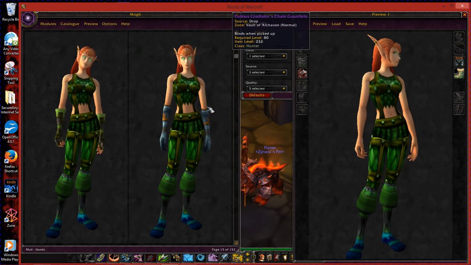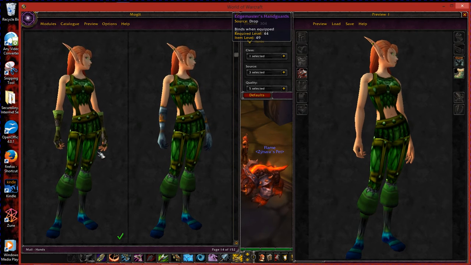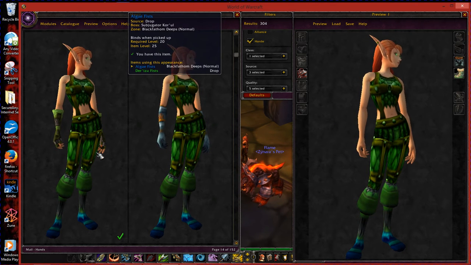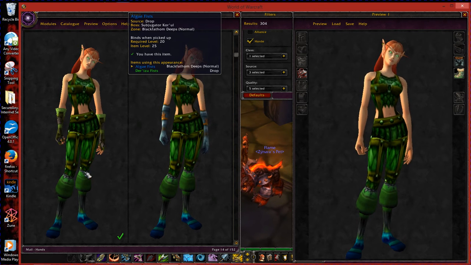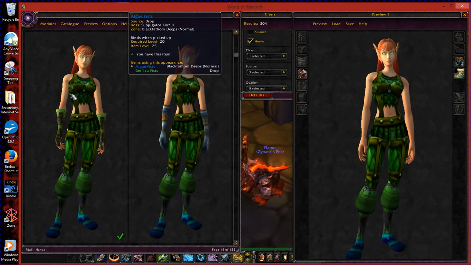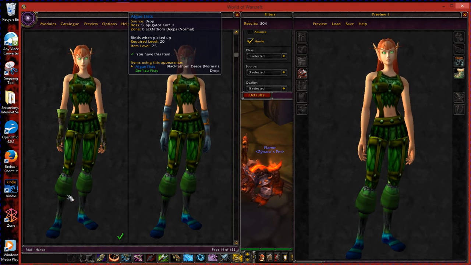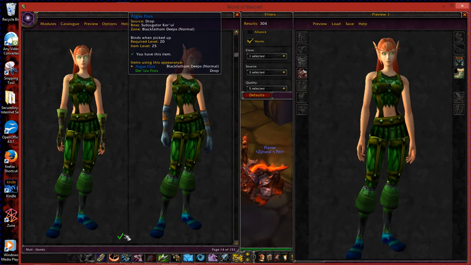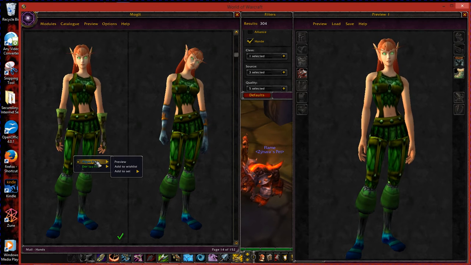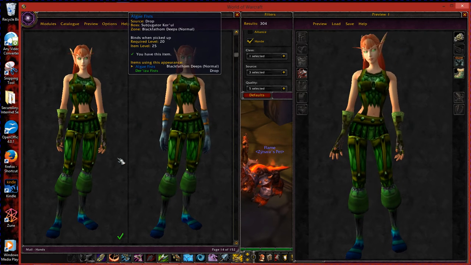And so I'm going to continue to scroll through. That would be an option there. Not bad, honestly. It doesn't have any of the blue, but it does have the green. It matches the pants, it matches the shirt, it does match the boots, again without the blue. Black Fathom Depths is where you get it for a drop, probably best. As you can see, it has a check mark here. Check mark means I already have it in my inventory, which makes it nice to have. Alright, so I'll hit that preview.